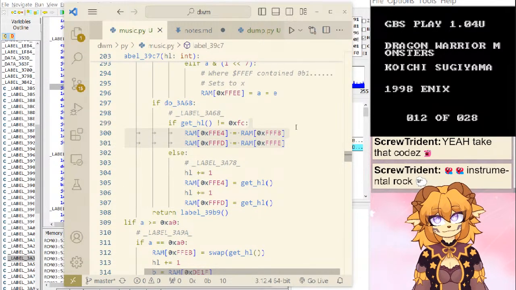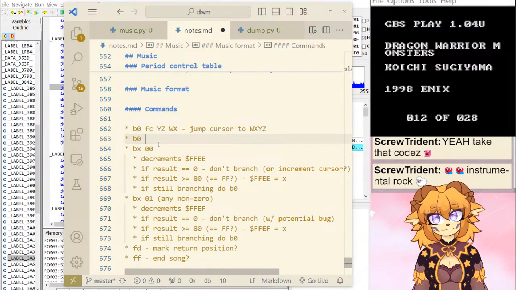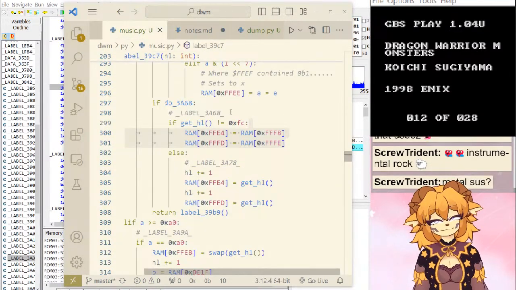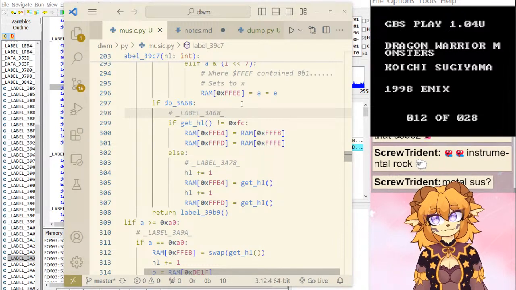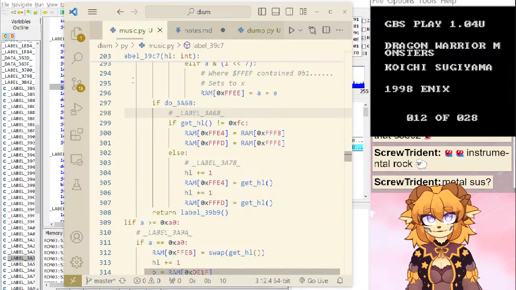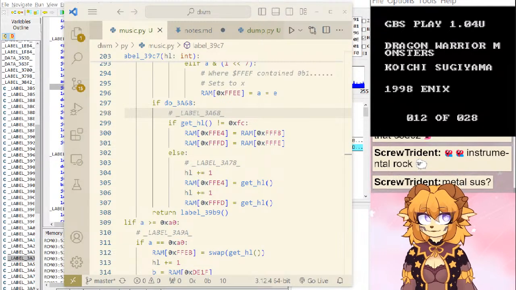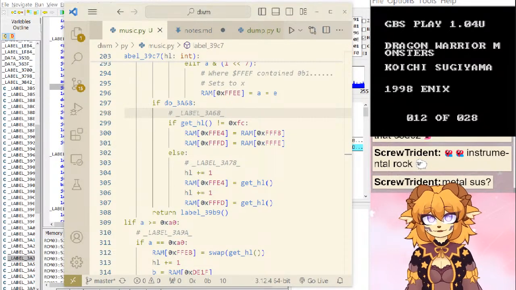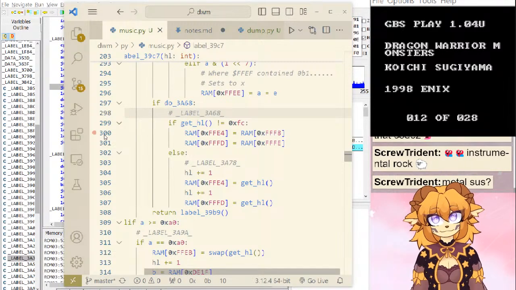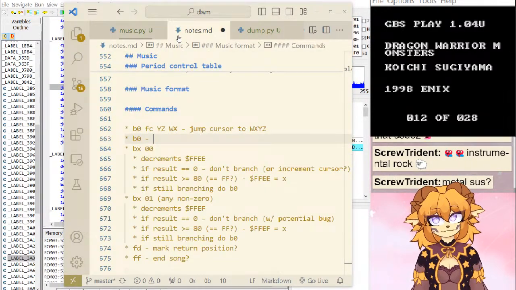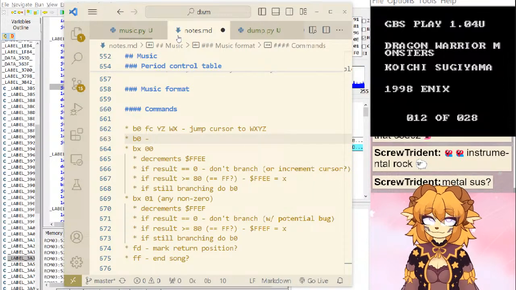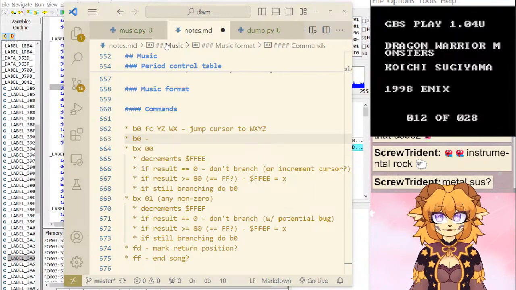So in the not FC case, then we metal sets. SETS. Thank you.